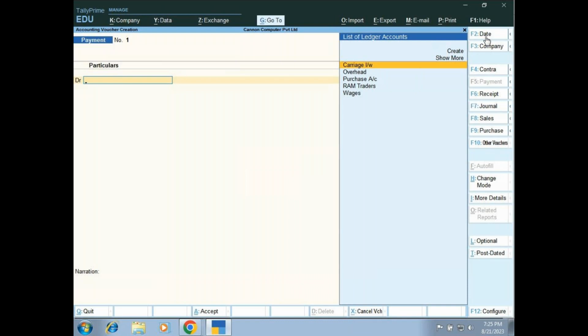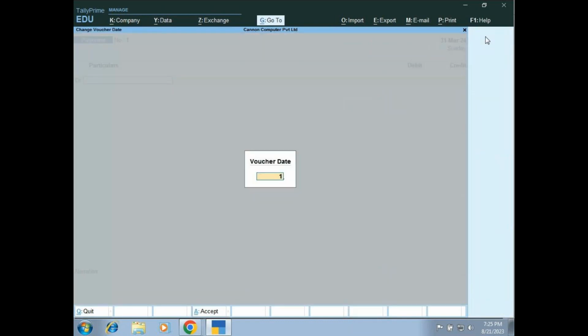Now I'll give next financial year, 1/4/24. It will not accept. Okay, it will not accept because the company is for financial year 23/24. So if that is the case,